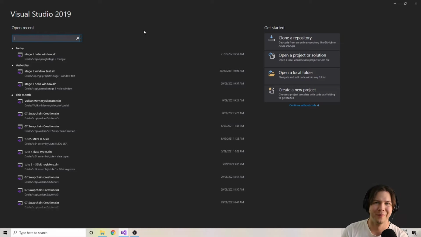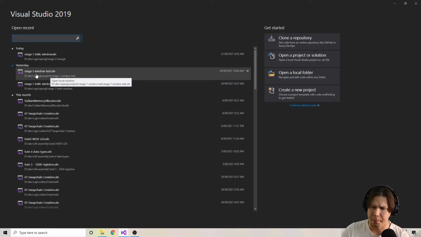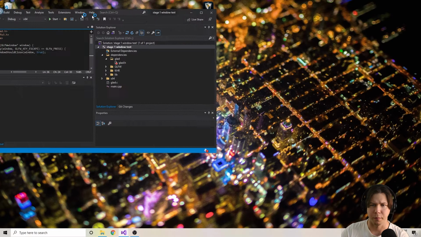Now, I realized that I started a project and I called it stage 1. However, if we were to break this project into separate stages, we would have to reconfigure the whole project each time with the dependencies. That's a bit much. So let's just keep modifying the original stage. And I am keeping track of this code. So if you go down to the downloads, I've linked the stage of the code at every point with some descriptive comments as well. Okay, so we'll open up the project that we had before